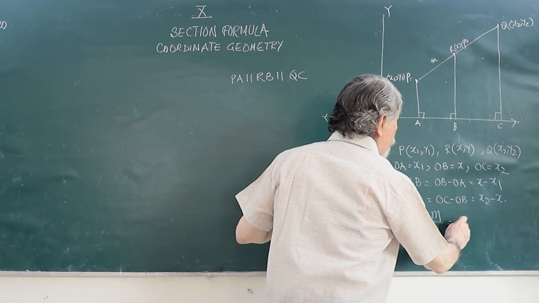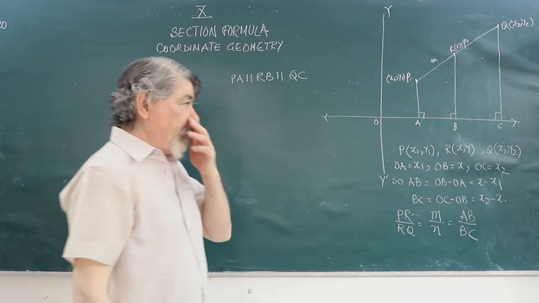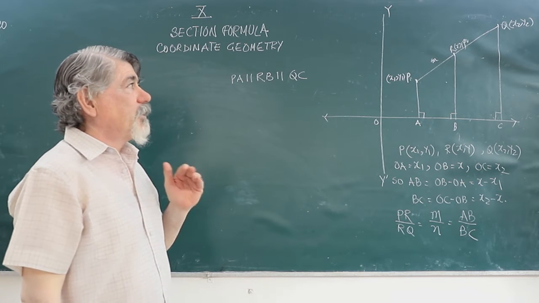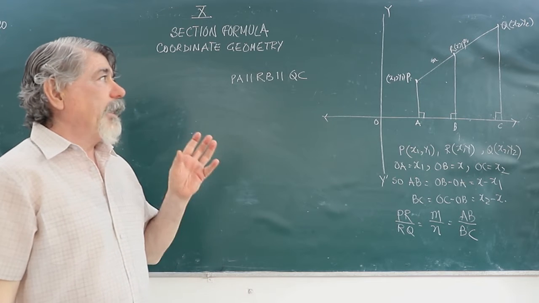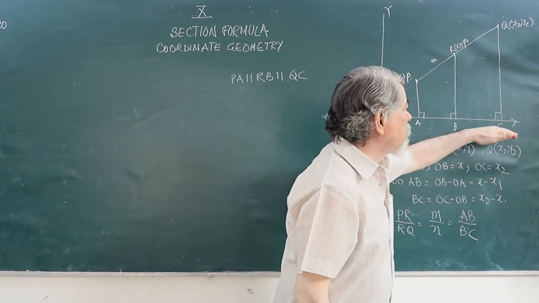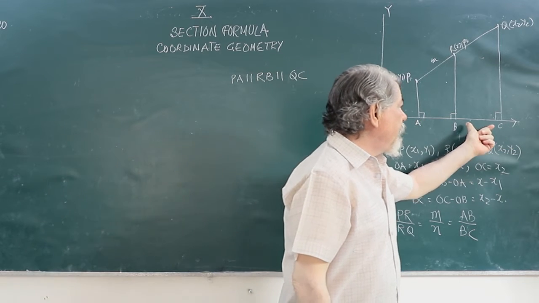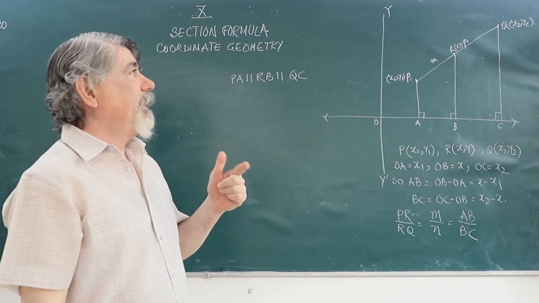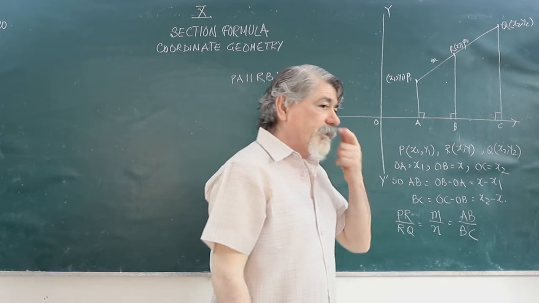That means it will be equal to AB upon BC also. That is important to understand. If there are three parallel lines, and a transversal PQ cuts PQ at a point R in the ratio m:n, then this transversal will also cut these parallel lines in the same ratio. That is, AB and BC will be in the same ratio as PR and RQ. PR upon RQ is m:n, so AB upon BC will also be